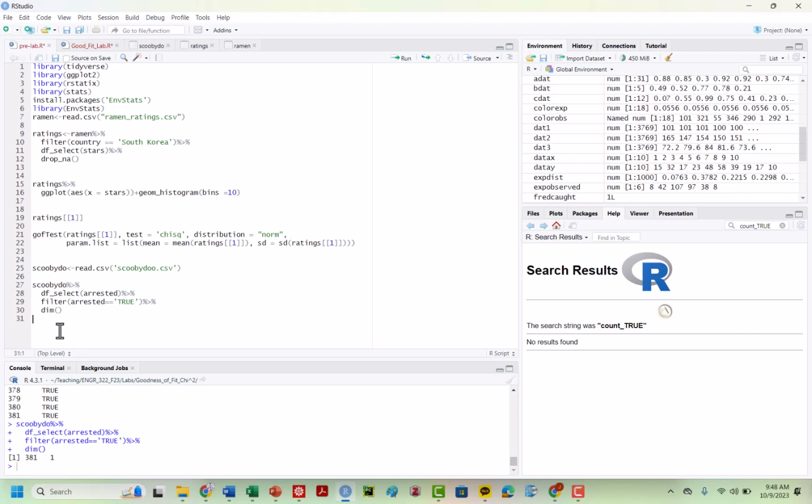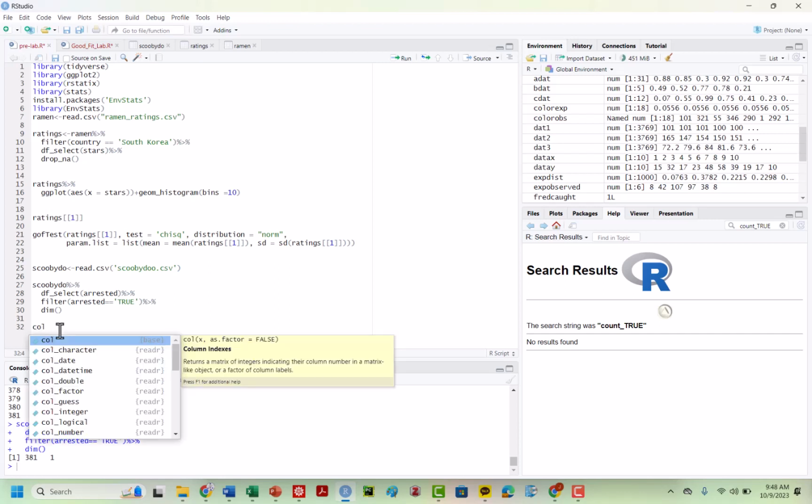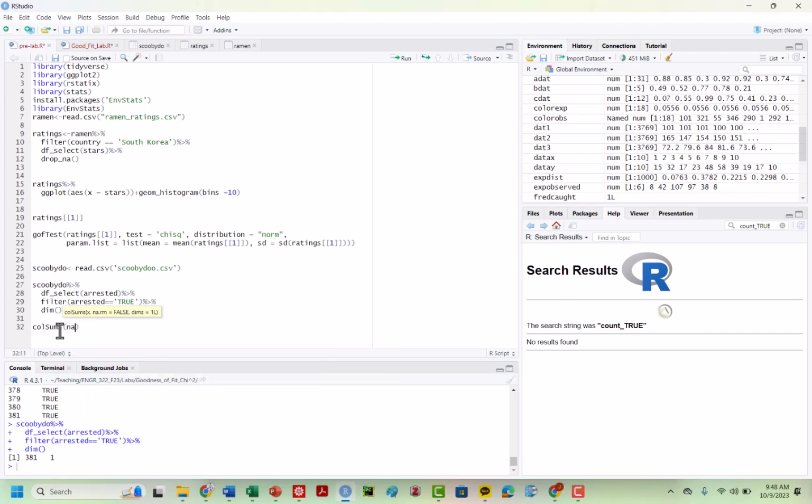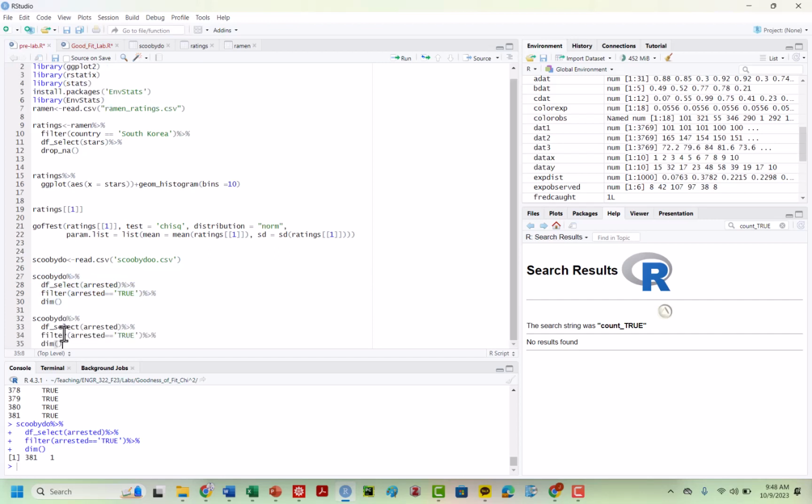There's another function you could use and highly recommended for your Bob Ross data set. It's colSums. And if you do na.rm equals true, it'll count in a similar fashion how many times you see true appear. It has to be a numeric data set, so it's not going to work for the Scooby-Doo data set. So if we looked, for example, at just the dimensions, we found it was 381. If you just look at the dimensions of the non-filtered data set,